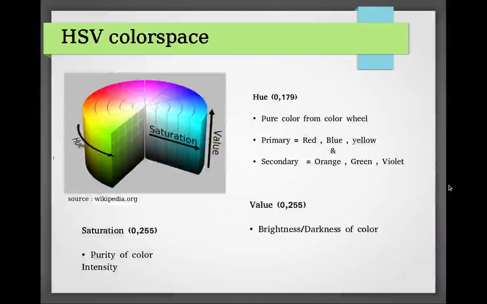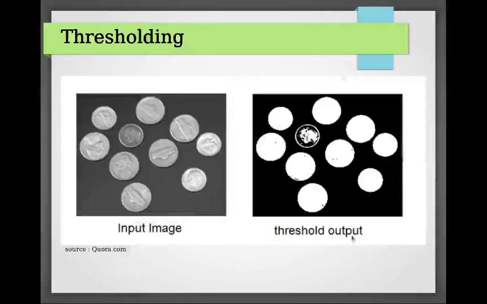And the HSV color space is mainly used for color extraction from the image: hue, saturation and value. Hue represents the pure color, the saturation represents how much brightness the color has, how much purity the color has, and the value is basically how much darkness, meaning how much black the color has. And thresholding is basically the binary format of an image. It will convert any image into 0 or 1 values, so we also call it a binary image, binarized image, or a thresholded image.